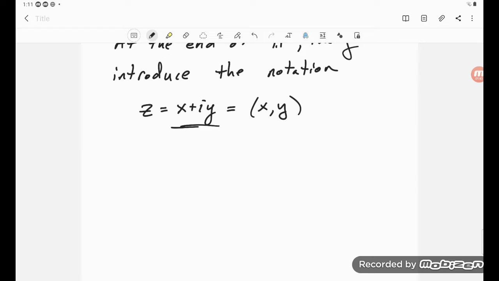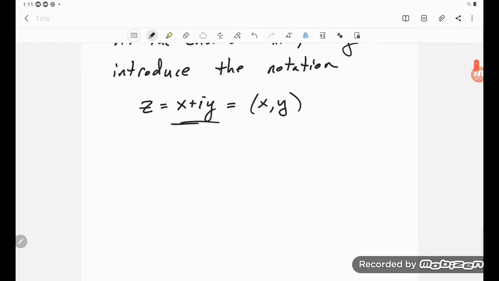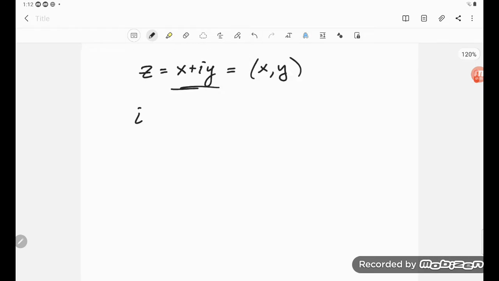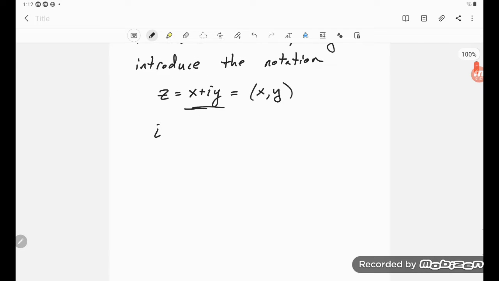So if you think about what i would be, if I wanted to just write i, and maybe here instead of an equals, I should put three lines, like defined as. So I could do this, (0, 1),